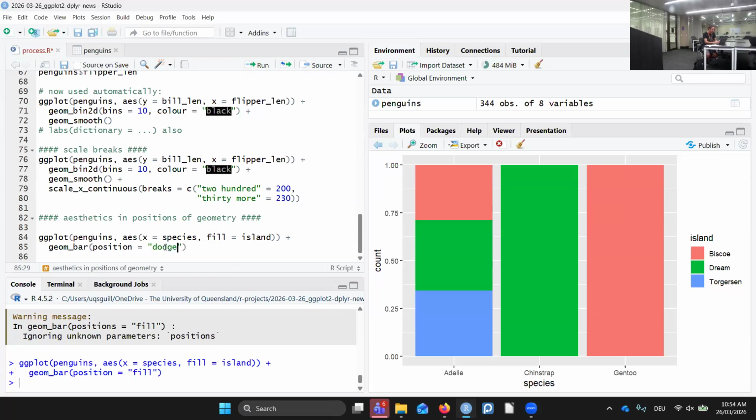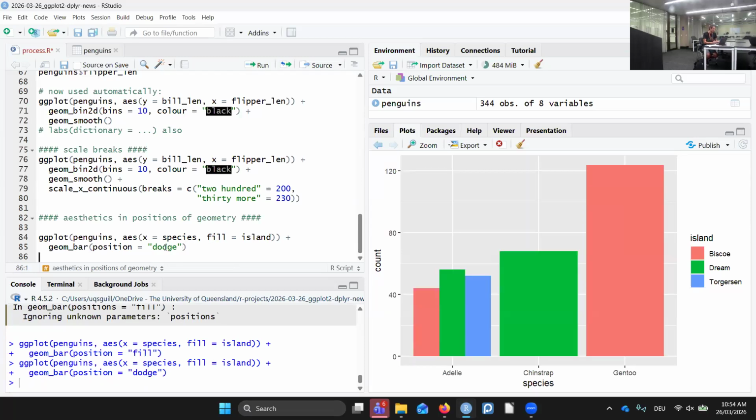And there's another one that's called dodge to put the bars side by side. But when you use dodge, you end up with very large bars when there's only one island per species, whereas Adelie is found in three different islands. So now you've got a bit more control over that as well, and in the position argument, you can use a position_dodge function